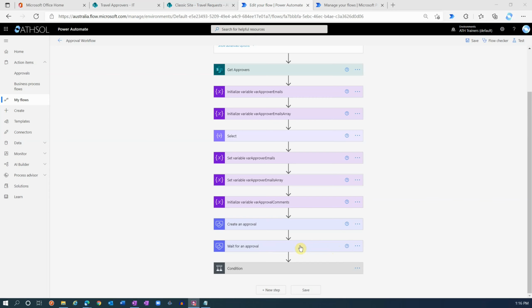So if no approvers, or at least one approver, has not responded within that 30 days time period, then this wait for an approval action will time out. So we need to handle that situation as well. And to handle that, what we will do is create a parallel branch under this wait for an